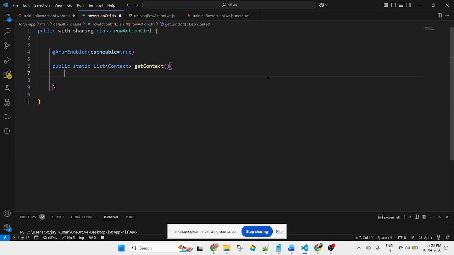So inside the method, use try and catch for exception handling.